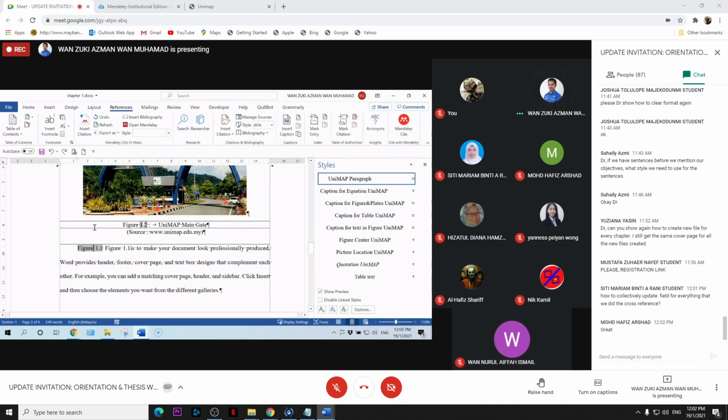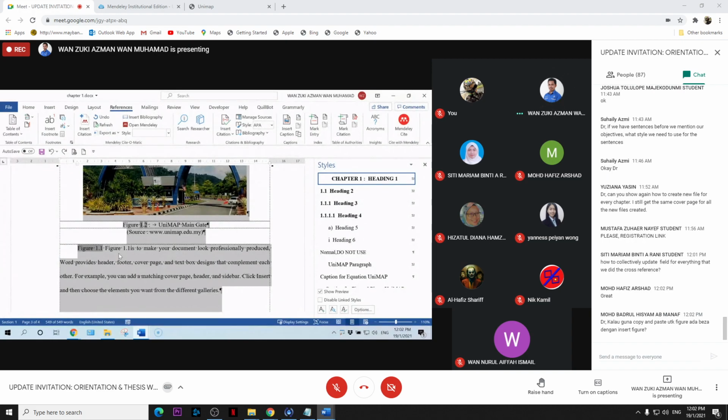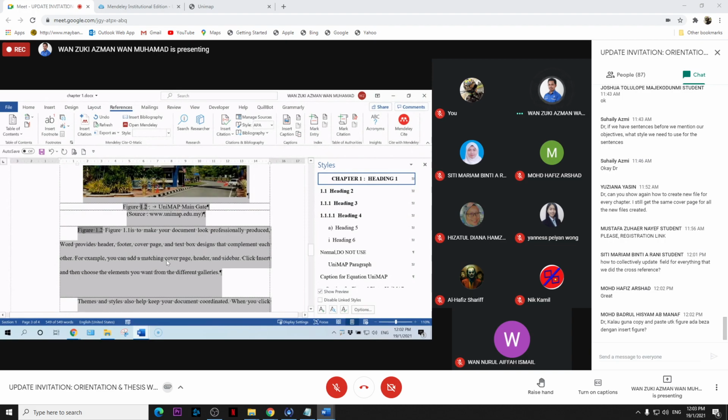You can select all with Control A, so it doesn't matter. This Figure 1.1 in which paragraph you cited before, you just right click, Update Field. So you no need to find each individual Figure 1.1 that you previously cross-referenced.